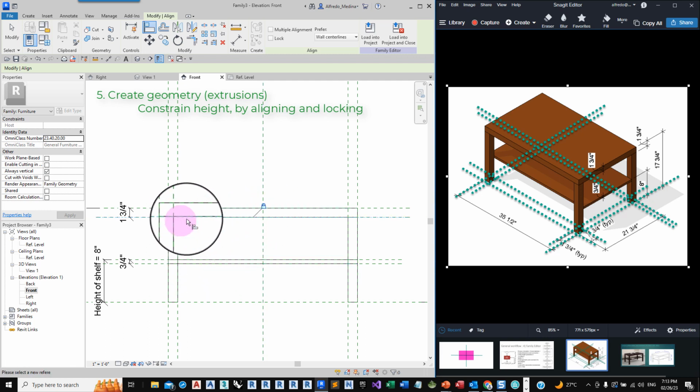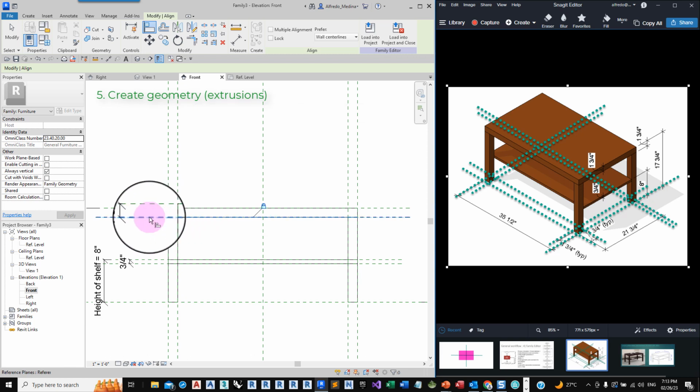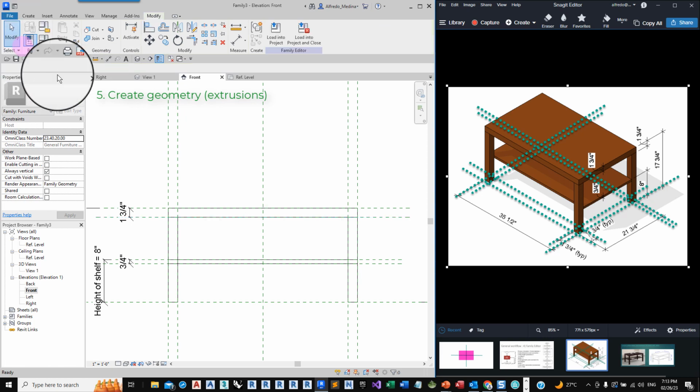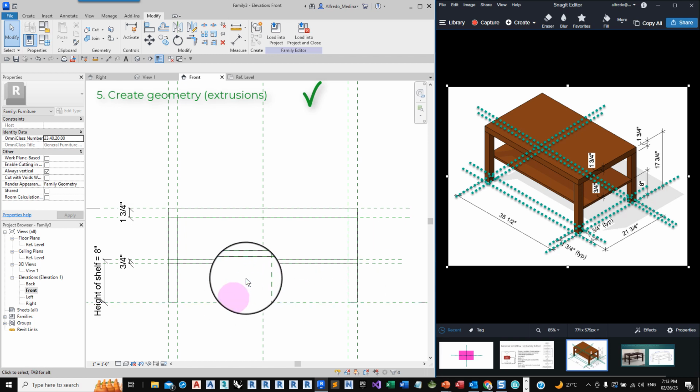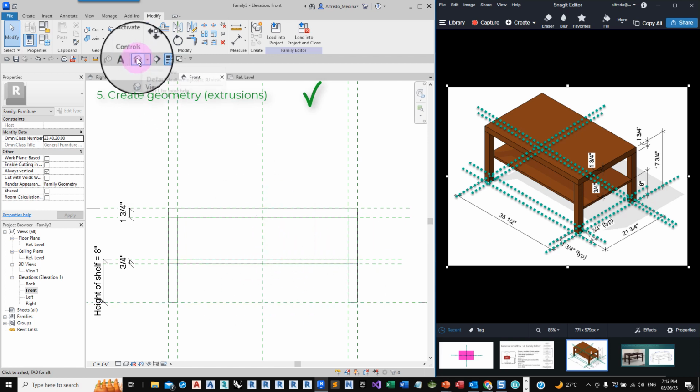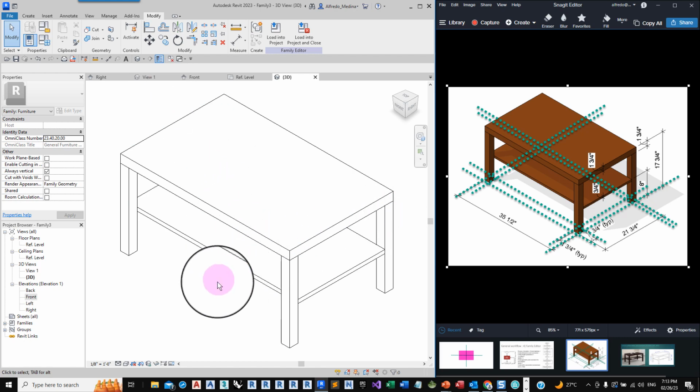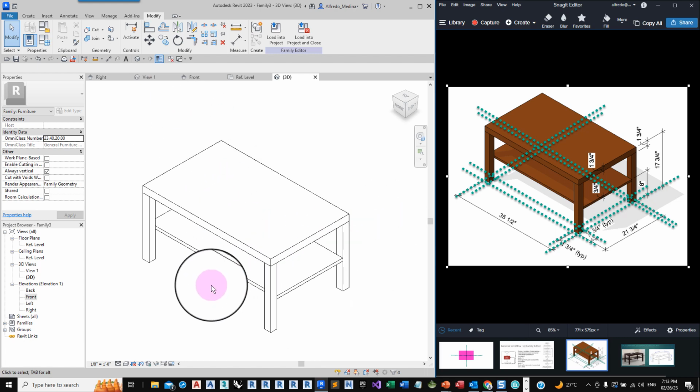Try not to align to edges of other extrusions, always to reference planes. Okay, so with this we complete the solids that we need. Let's go to a 3D view, and now we have a simple table.